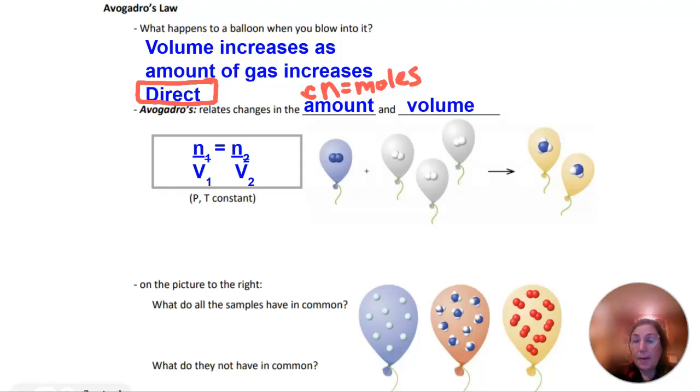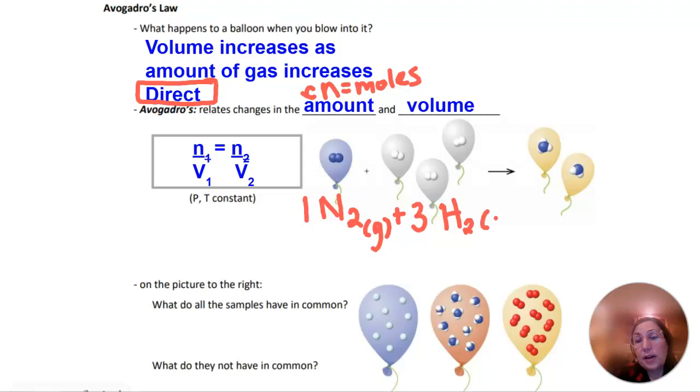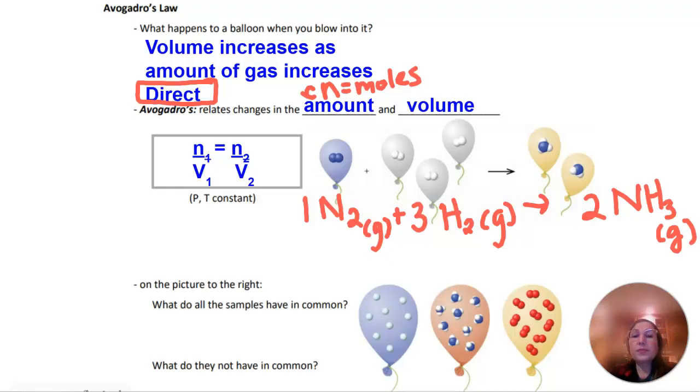Here's the idea. Molar volume is a really interesting concept. The idea is this: you could have 1 mole of N2, nitrogen gas, and you react that with 3 moles or 3 molecules of hydrogen gas. And what you'll get are 2 moles or 2 molecules of ammonia gas. So let's think about